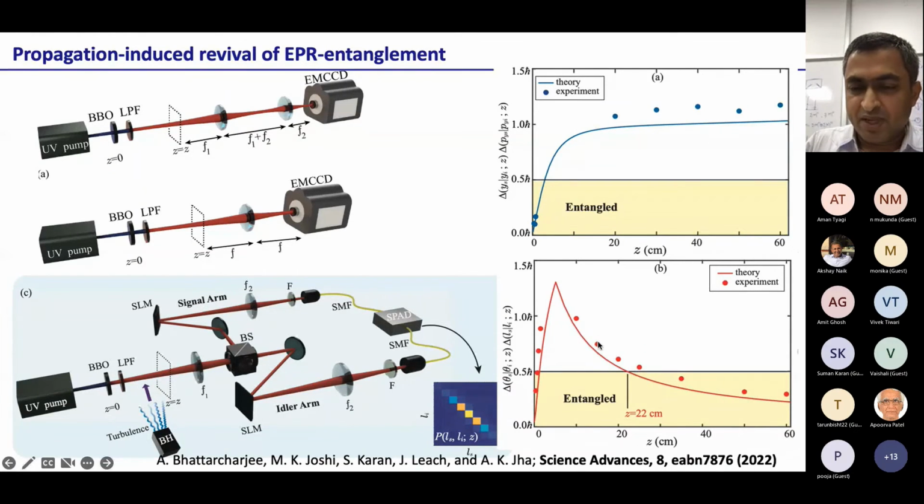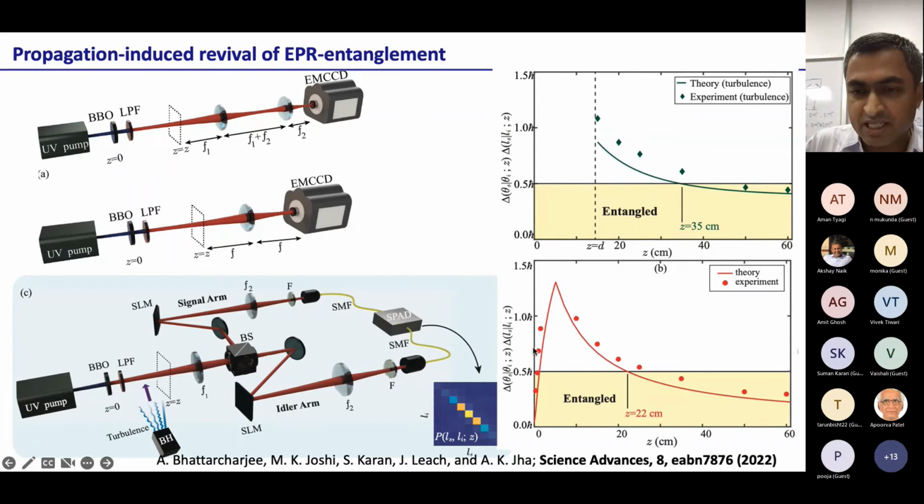Now the question is, if the entanglement has this intrinsic property of reviving on its own, if I introduce some turbulence, can it handle that as well? So then we introduced this turbulence. This is just a blower heater, some 1,000-2,000 rupee blower heater, and because of the hot air, that introduces very strong turbulence here. And with that, when we did the experiment, the same thing